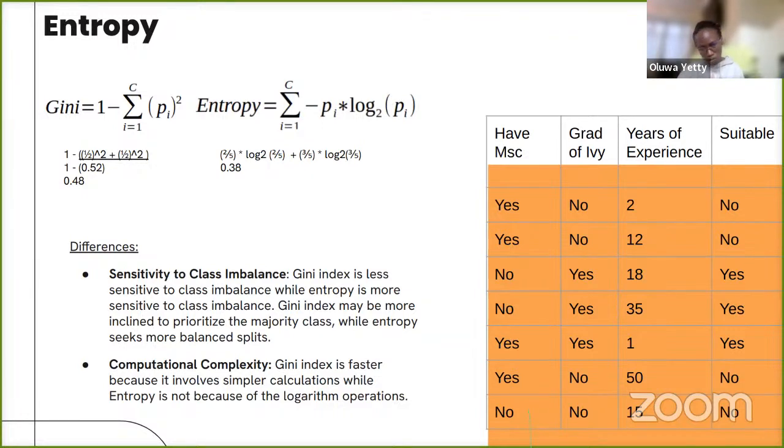If you are doing log of 2 plus 2, it takes the computation a bit higher. So when you're training your model, if you are using Gini index, you are able to train faster because Gini index is just summations and additions. But with the introduction of log in entropy, it means that